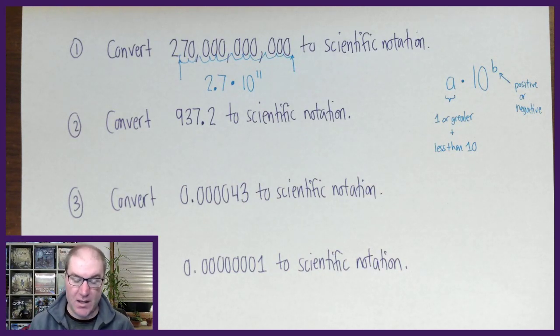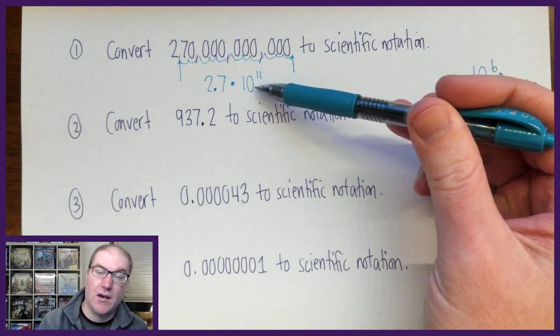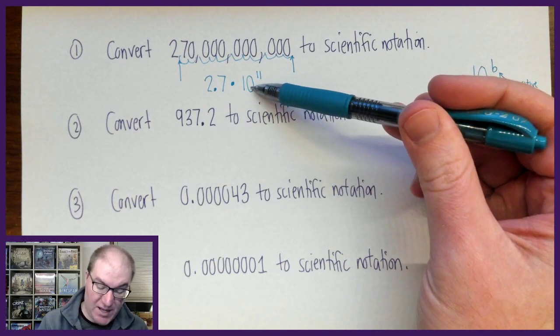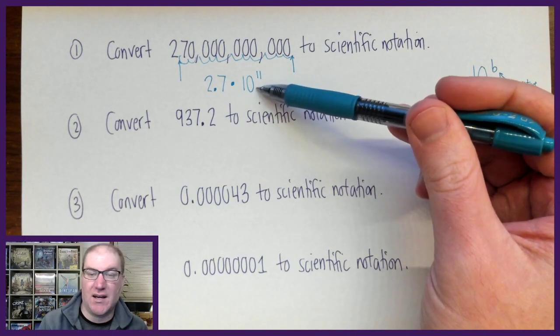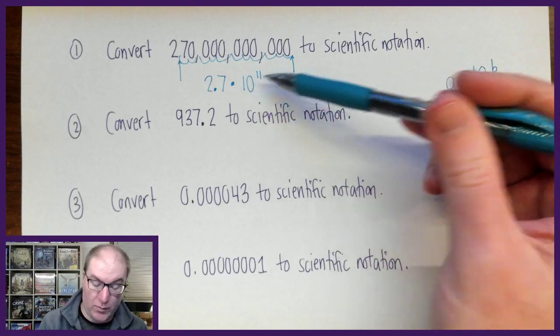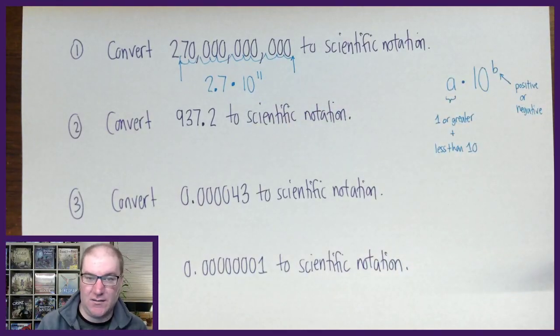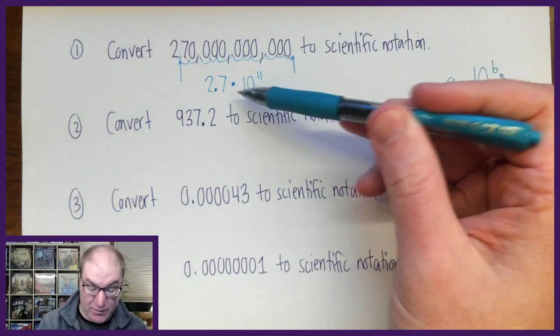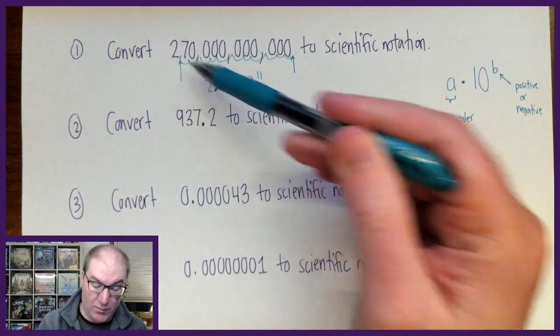power. And to check this, I could just grab a calculator and do 2.7 times 10 to the 11th. That number's probably too big for a calculator, so we'll just give it right back to you in scientific notation. But let's look at this. 10 to the 11th means that I'm going to multiply 10 times itself 11 times. So I'm going to have a 1 with 11 zeros on the end. And then, when I'm all done with that, I'd multiply it by 2.7, and that would give me this number